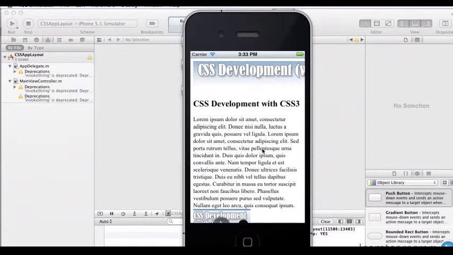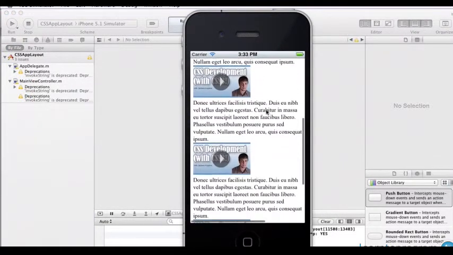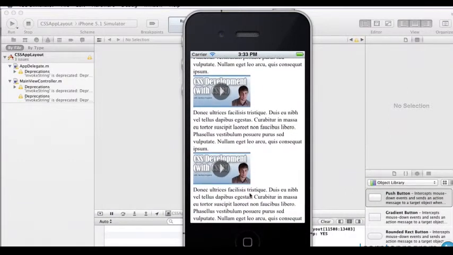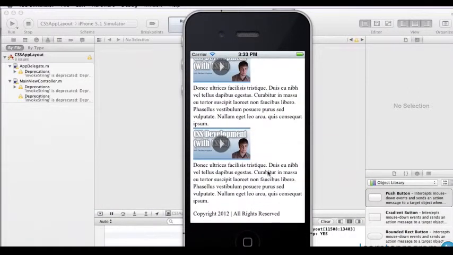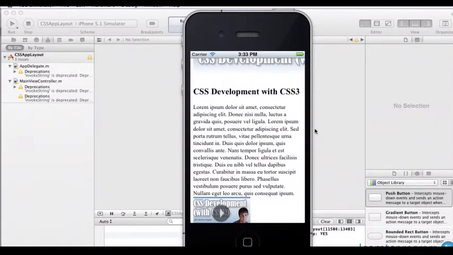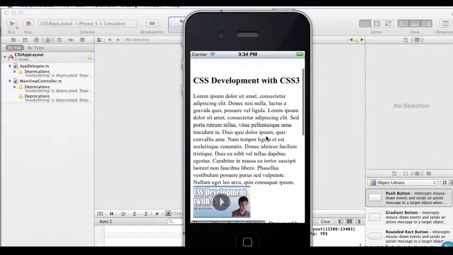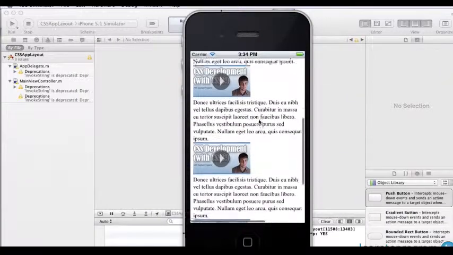All right, and here's our simulator, and you'll notice that the way we have it now, our header graphic's a little too big. Text is flowing correctly. There's our footer down there. So while we can side scroll, this renders without a style sheet somewhat close to what we might want, but it's evident that we're going to need CSS to make this appear exactly